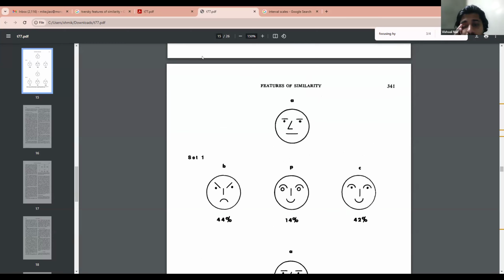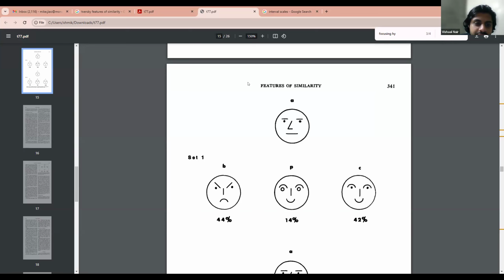Oh, is there a theoretical explanation? Sorry. No, don't worry about it. I was going to ask, is there a theoretical explanation for why it's a pretty even split in set one, versus set two, where there is not an even split? Is the explanation just in terms of how participants respond to similarity experiments, or is it something